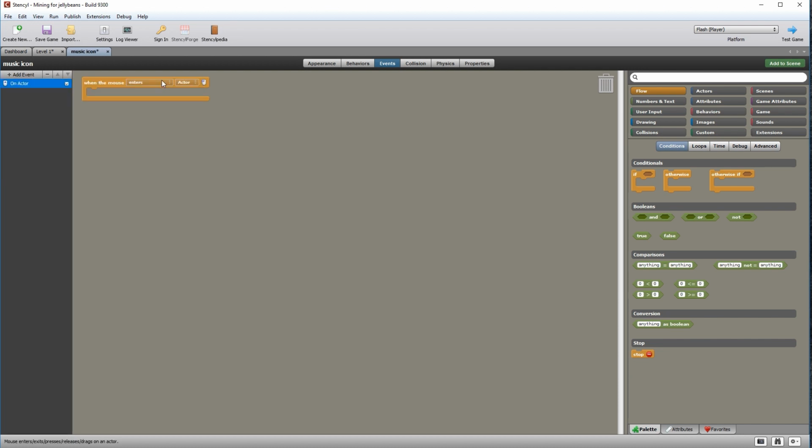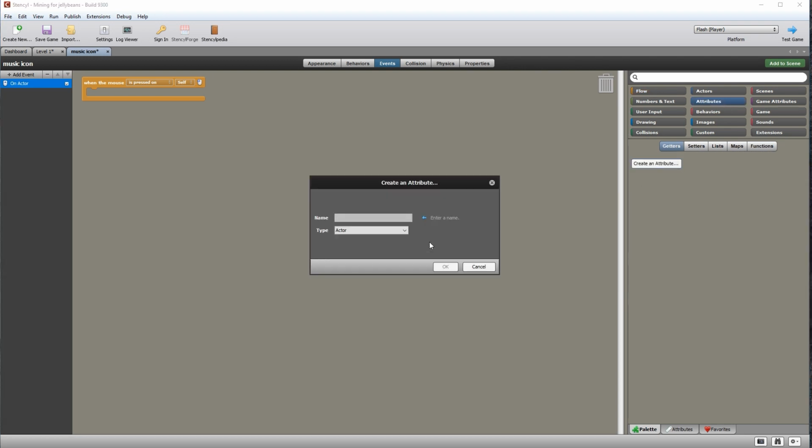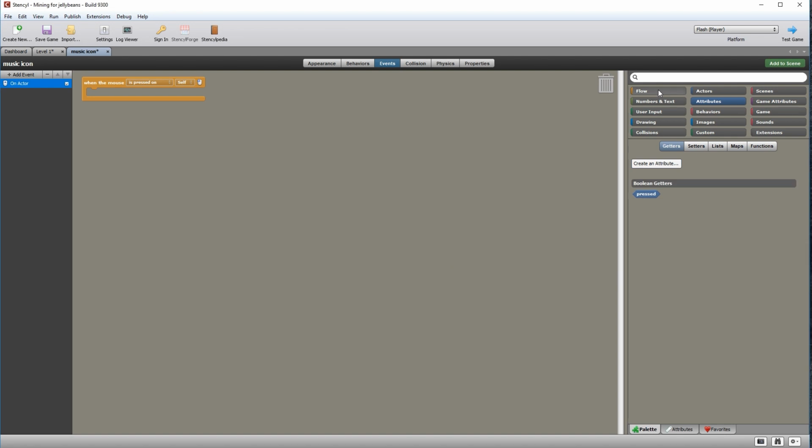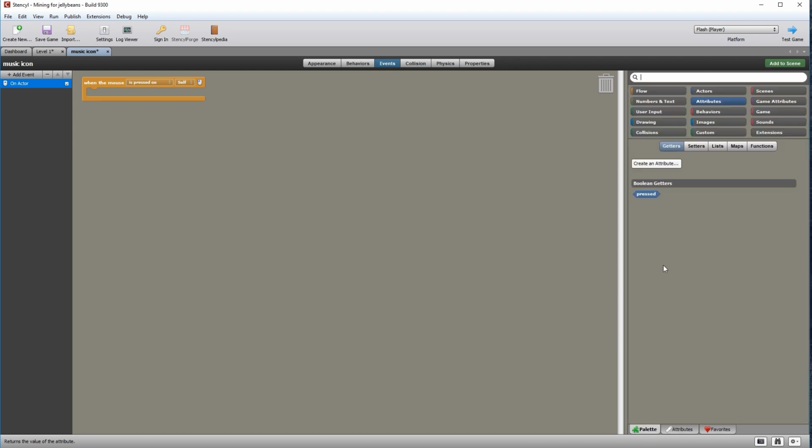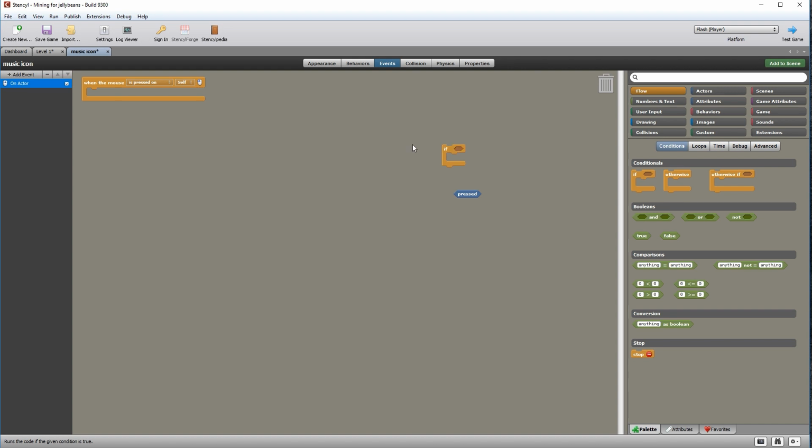So when the mouse is pressed on self, we go to attributes and we need to create a boolean, and we'll call this pressed. By default it is set to false, so we drag that in. We go to our flow and we drag in a conditional if statement, anything equals anything comparison, and pressed goes into the left. So if pressed is equal to false,